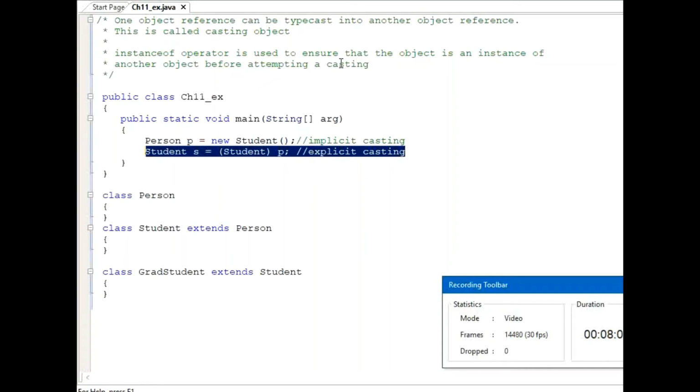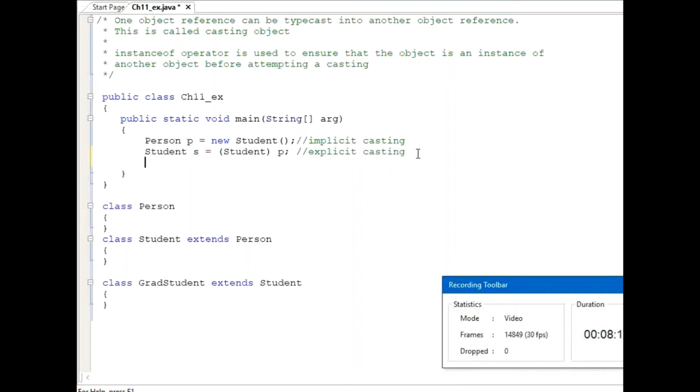So how to avoid that type of exception? Let me show you what that ClassCastException is, and then let's figure out how to overcome it. Let's create one more instance, the grad student, the subclass.